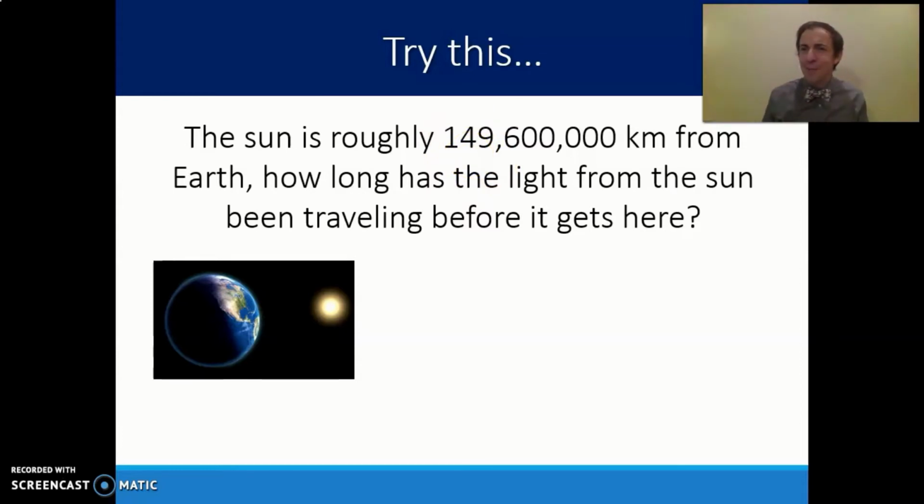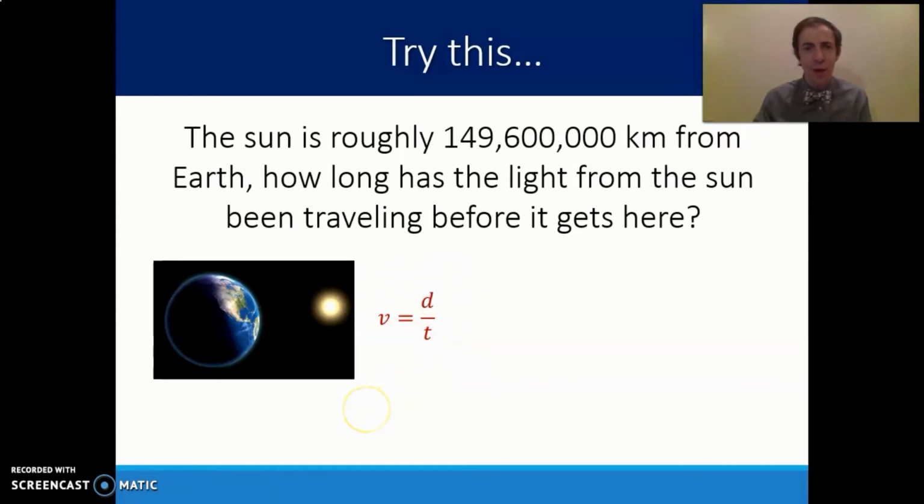Now, this speed of light, while it is very, very fast, much, much faster than the speed of sound, is not instantaneous. The sun is about 150 million kilometers away from Earth. So it actually takes light from the sun a certain amount of time before it gets to the Earth. And we can calculate what that is just using the simple velocity equation that we used many, many units ago in this semester. So the velocity is distance divided by time, meters per